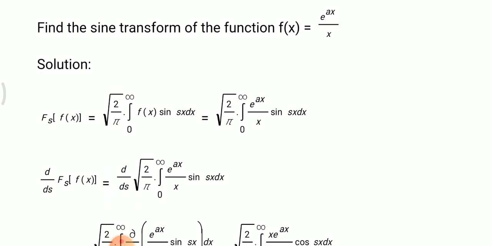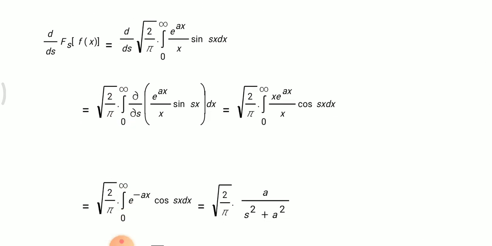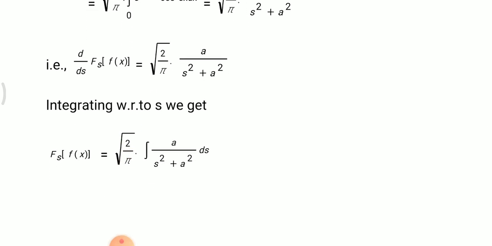Next example, we have to apply the property of the Fourier transform. Already we proved the e power ax value. So d by ds of the Fourier transform: when you apply d by ds on the left-hand side, in front of the integration, it goes into the integration and is converted into partial differentiation, dou by dou s, right? Dou by dou s means you have to differentiate partially with respect to s only, keeping the others like constants. So we have to apply this concept. We get the answer a by s squared plus a squared. So this is the result we have.